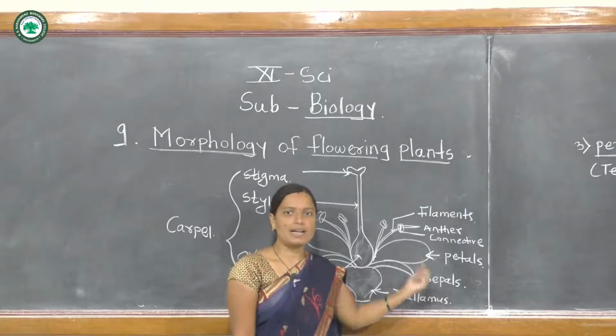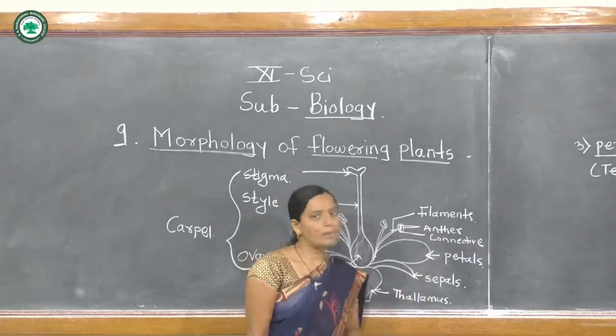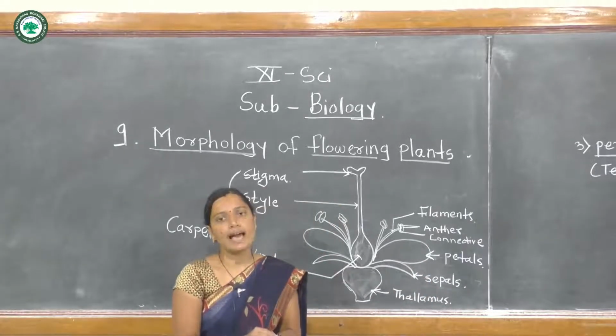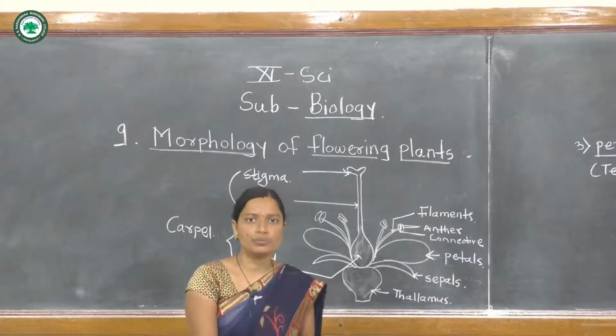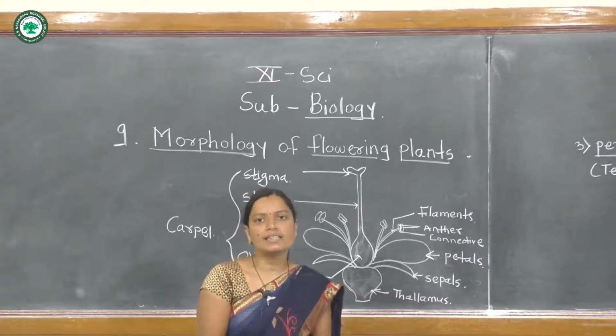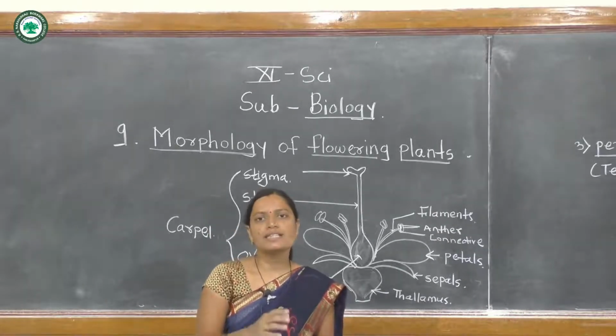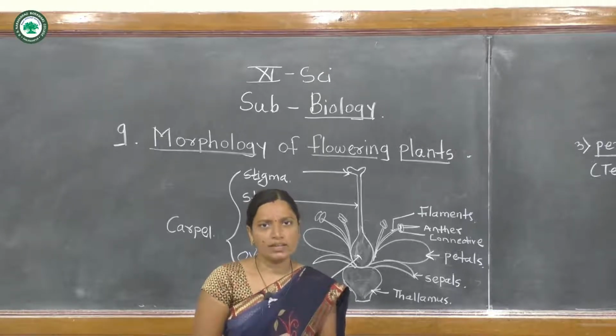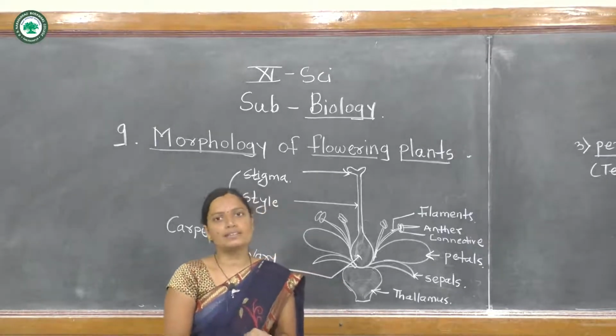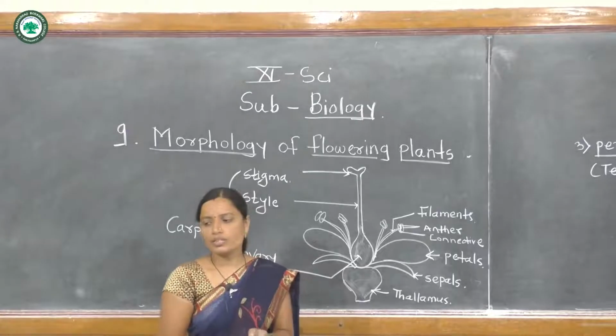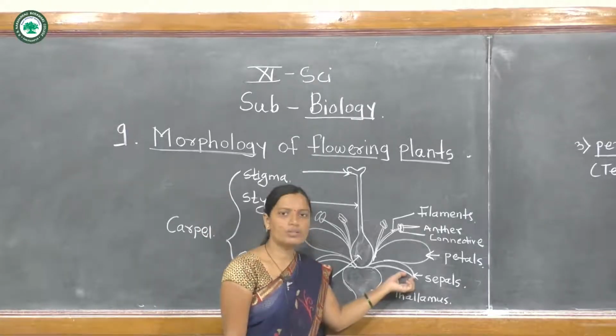But in some plants there is also a pappus calyx. In this, the calyx is of a hairy nature, and then the calyx is also important for the dispersal of seeds. With the help of this calyx, the seeds are dispersed. This is the most important function of the calyx.